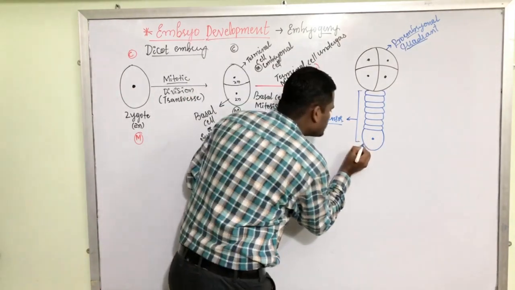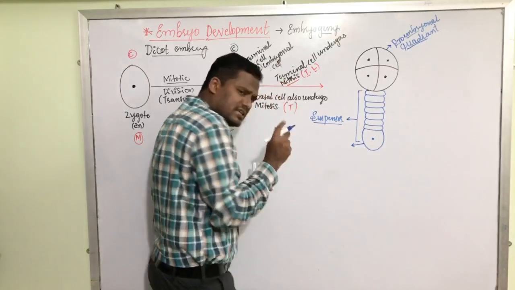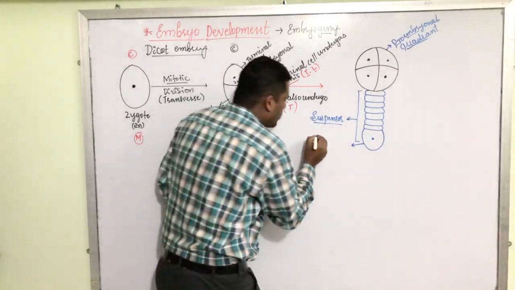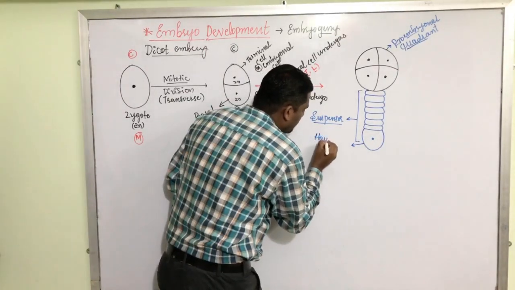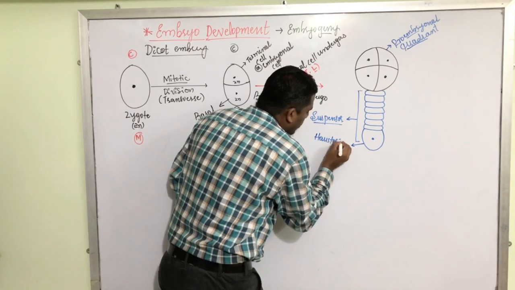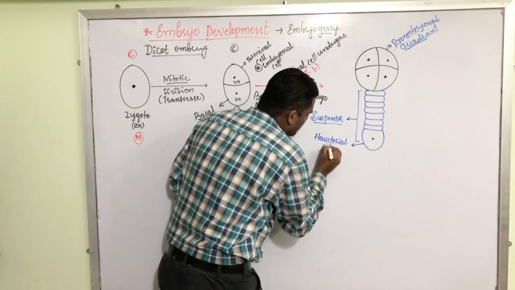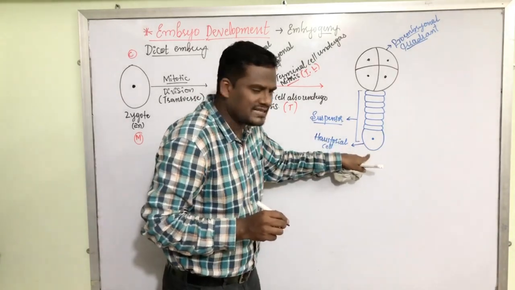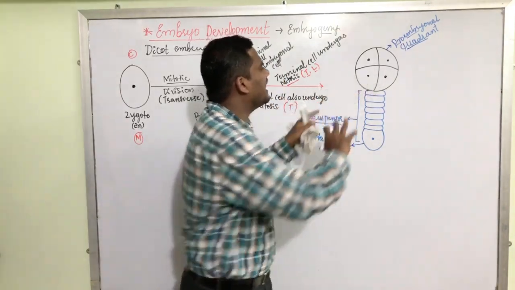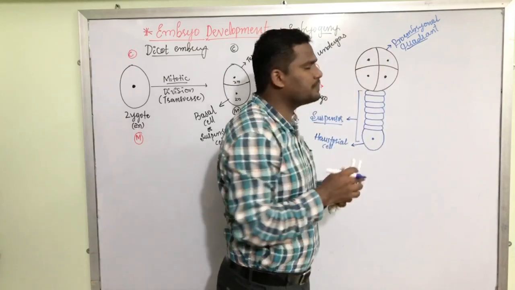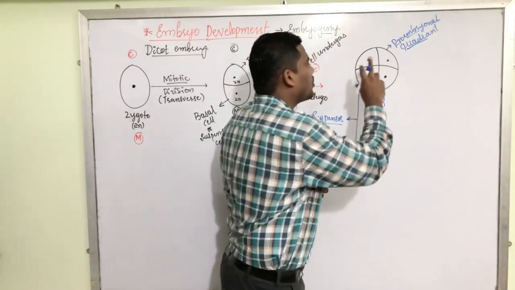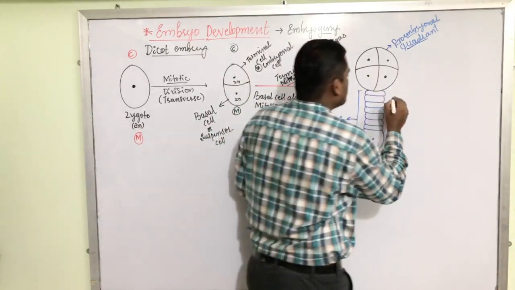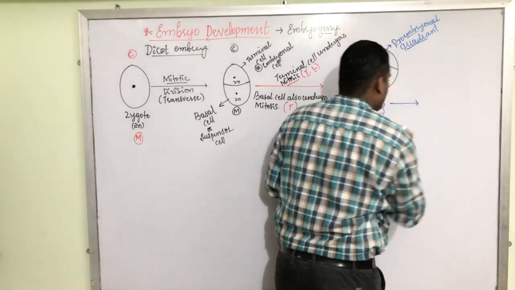And this last cell, which is swollen, has been given a particular name. It is called the haustorial cell. The basal cell of the suspensor is called the haustorial cell, whereas the globe-like structure is called the pro-embryonal quadrant. Now, this pro-embryonal quadrant in future